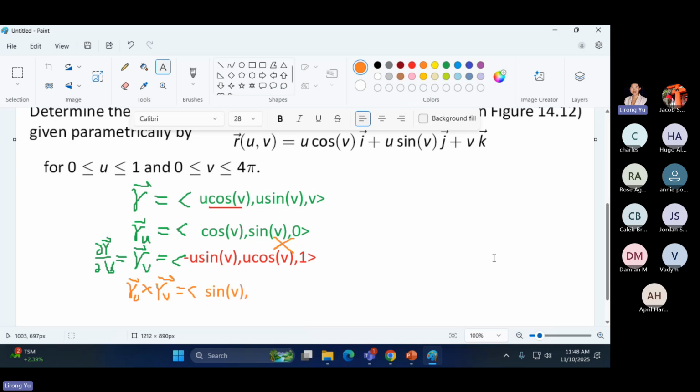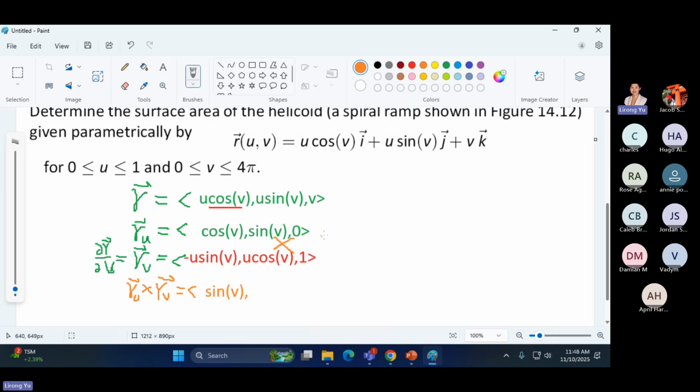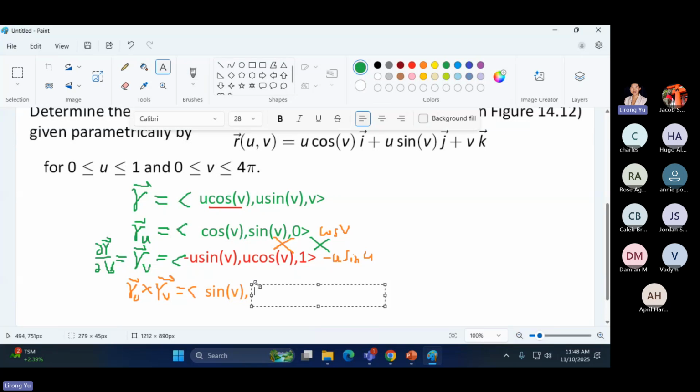For the second component, we move the cosine v and negative u sine v over, so to make it easy, we cross multiply and subtract. So then the answer is negative cosine v. That's the second component. The last component is